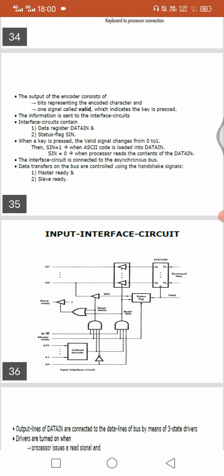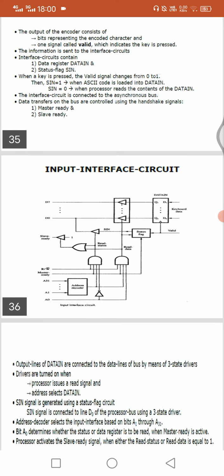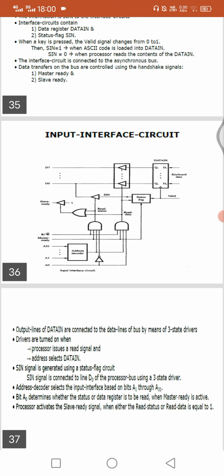Coming to the input interface circuit, this is the diagram representation for the input interface circuit. Here DATAIN is there, the data flags are there, SIN, read status, slave ready, master ready, read or write operation, valid, and keyboard data.